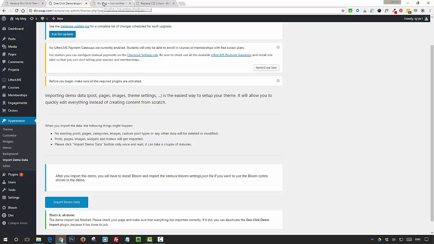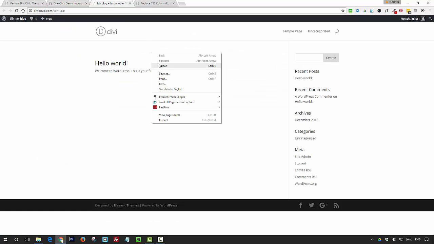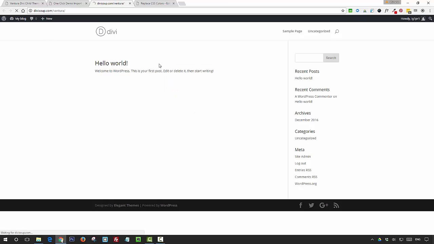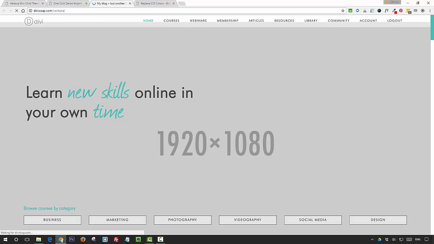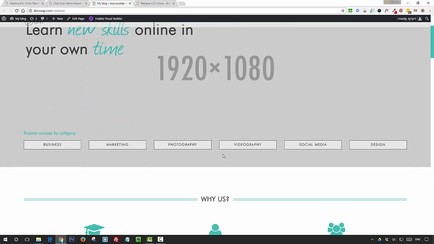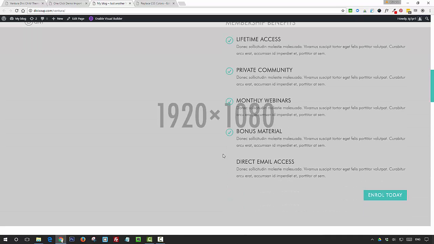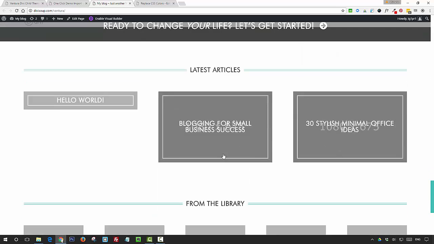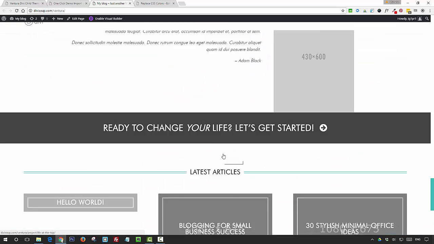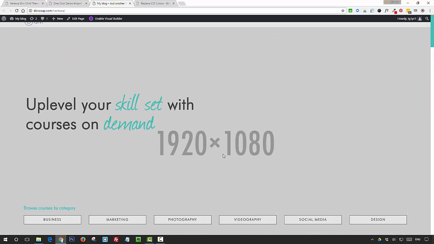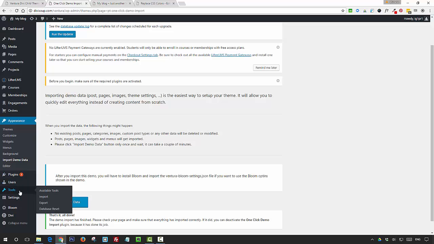So we can just go and take a look at the front end now. So if I refresh the page, you'll see that the theme's looking just like the demo, but with placeholder images. Now there's just a couple more things we need to do because of some premium plugins that are included in the theme. So if we go back to our WordPress backend, and in Settings, click on Divi Layout Injector,